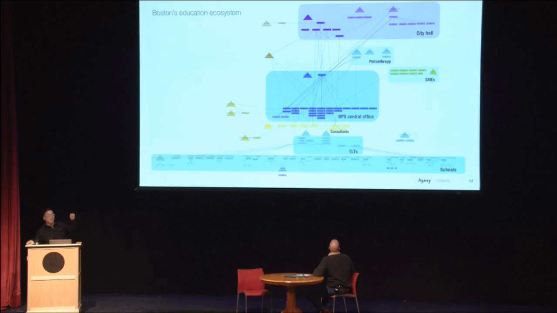There are some notable parts that are missing, I would say the charter schools and the parochial schools, partly because we haven't had a chance to get out there yet. Another way of thinking about this map is as a representation of all the people that our agency is connected to. These are people that we've had conversations with or that we've spent significant amounts of time with. And you can see them broken down by cluster or sector.